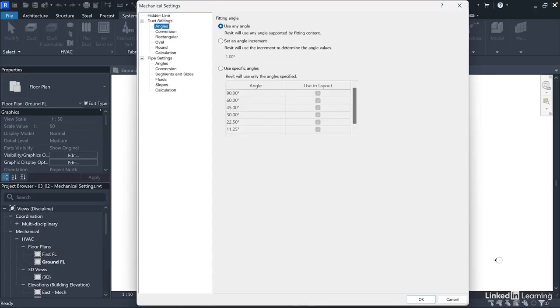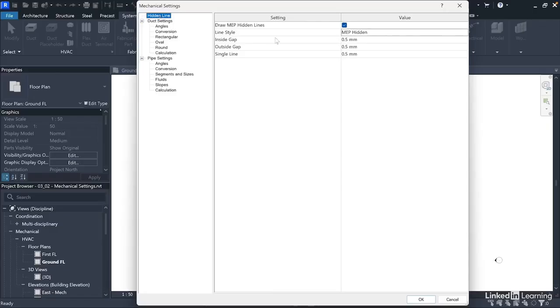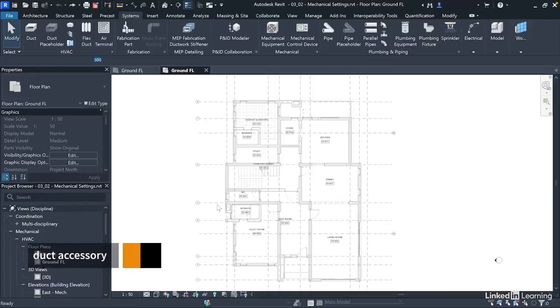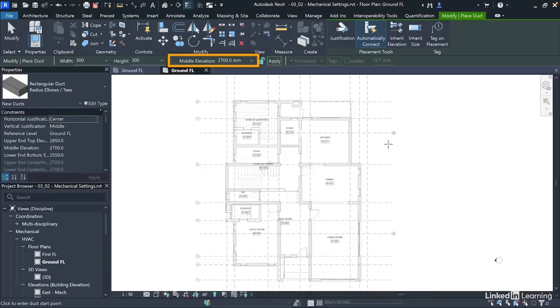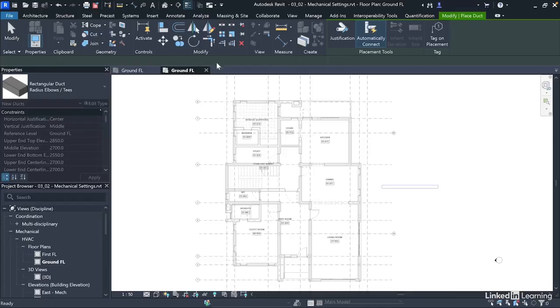The first we have is hidden line, and this informs the behavior of pipes and ducts when they cross each other at different elevations. It informs the line style, the inside gap, the outside gap, and also the double and single line representations. So to quickly show you how this works, I will create a duct. The first will be at say 27 millimeter, the minute elevation, and then I will draw another duct at say 21